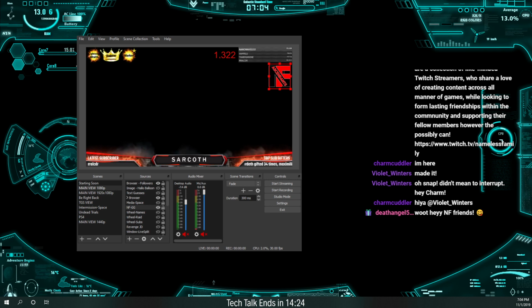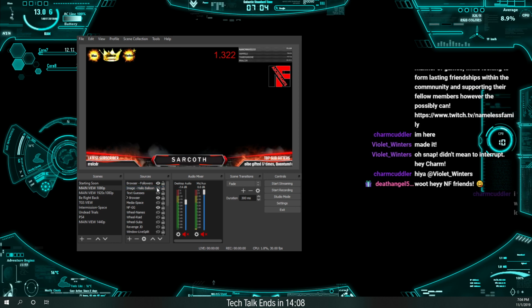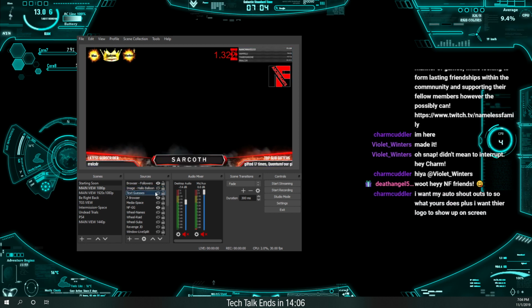All right, so real quick, I've got a lot of things here in my OBS. For example, I've got a lot of browsers. The browsers are a lot of things you can set up to show up in your OBS. And then images, which this one's not even being used right now. It's the image of the balloon. You can set up images. You can set up text. So, I don't know if this one's going to show anything right now, but basically texts are... this is a counter. So I have text files that are counters. Like, for example, right now we've got the